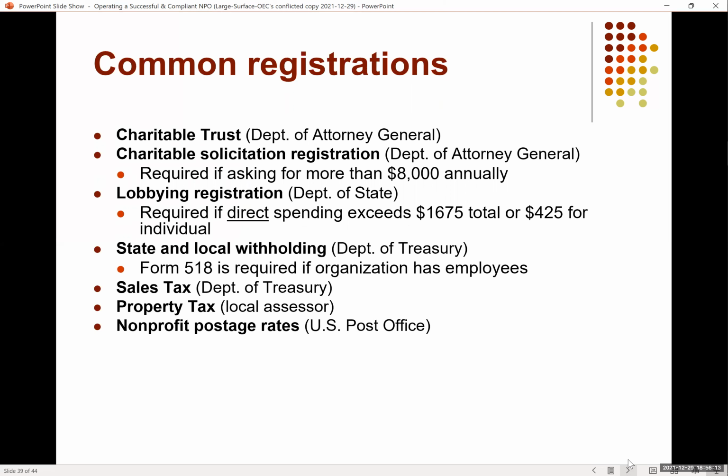Here's the thing, and I'm still doing some study on this. Every state has a solicitation office that you have to file with if you are raising money in their state. The big issue is nowadays, a lot of us do online fundraising, and I have no clue where the money can come from. I can get money from Alaska if somebody likes my pitch. So I'm still trying to figure out, do I have to run over to Alaska now and file charitable solicitation papers?